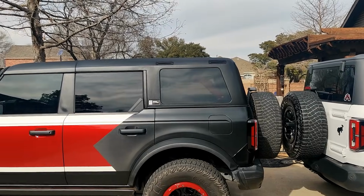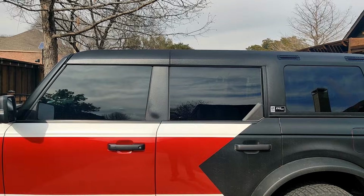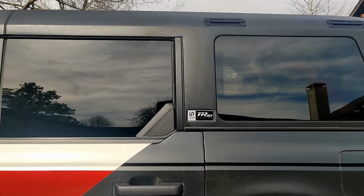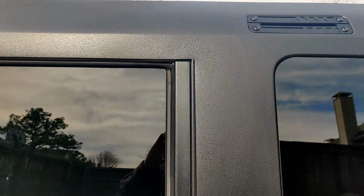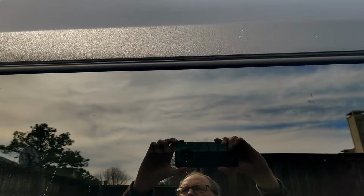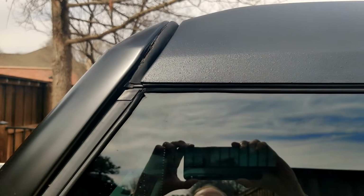Now, I really like this top. We came in from King of the Hammers, so I've got well over 1,000 miles on it already. Big difference relative to the soft top. But first of all, just looking at the tolerances on these two. As you can see right there by the window, it's quite tight. Here you can see it comes down right to the edge of the OEM